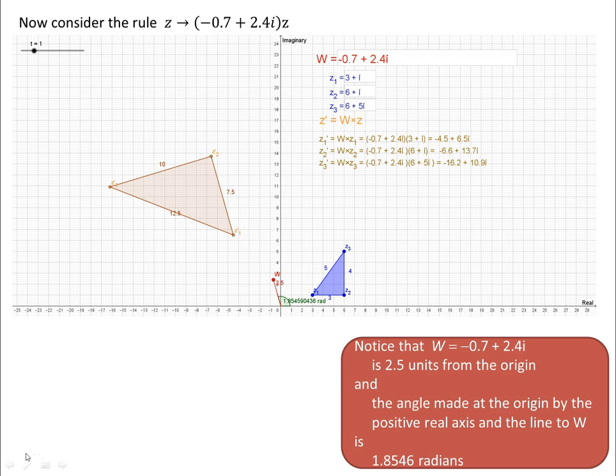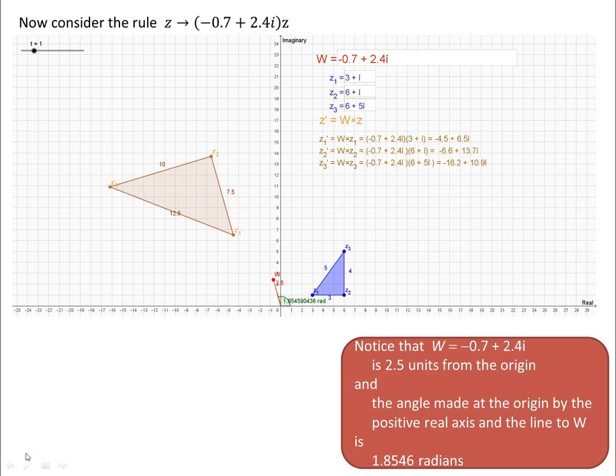Now again, our object triangle is formed by the complex numbers Z1, Z2, Z3. Our image triangle is obtained by just multiplying each of the Z values by W, which is minus 0.7 plus 2.4i. And we can see that the lengths of the image triangle are all 2.5 times the lengths of the corresponding sides of the object triangle. So, in moving from the blue triangle to the brown triangle, we've certainly got an enlargement to scale factor 2.5